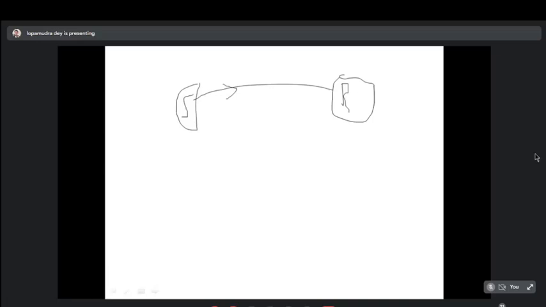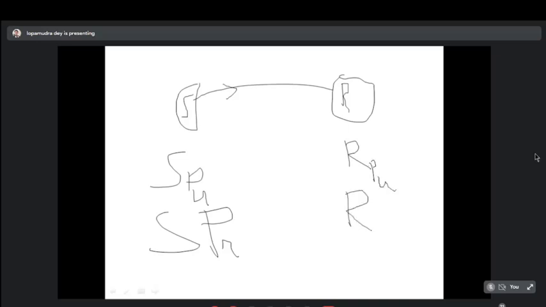I have two keys: the sender's public key and the sender's private key. Same thing on the receiver side, two keys are there: the receiver's public key and the receiver's private key. So there are four keys, two for the sender and two for the receiver, one private and one public each. So just tell me, if the sender wants to send data to the receiver, which key will be used for encryption?